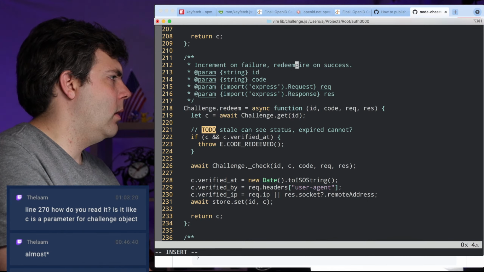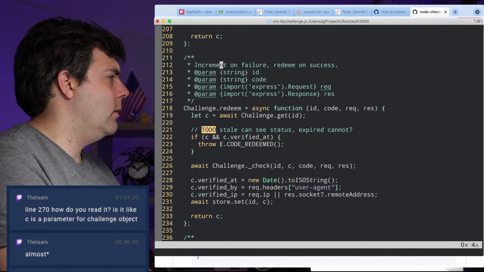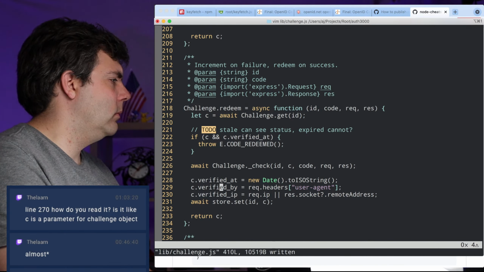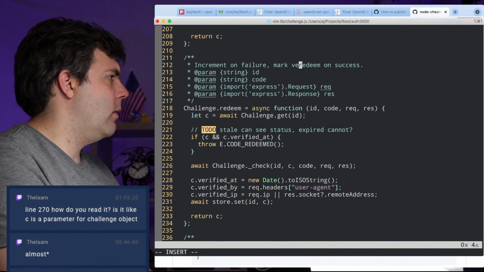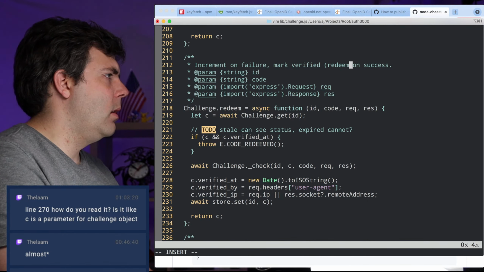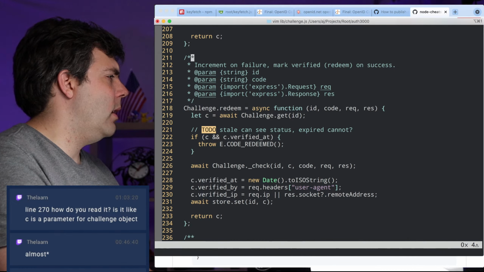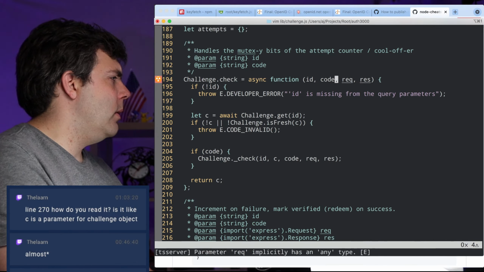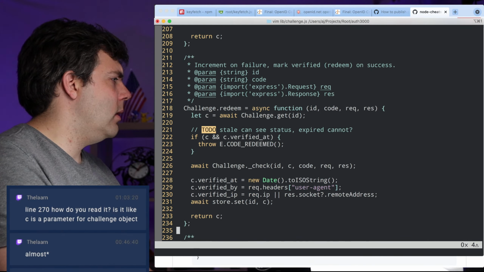Redeem on success. Mark verified, redeem. There we go. That makes sense. And so then we need this check here is going to do what differently?